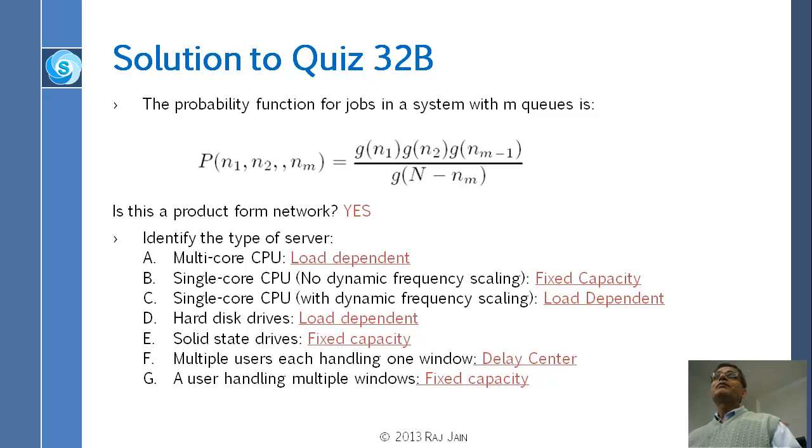As opposed to a single window system, where you are just doing one thing, then you finish something, then it goes to CPU, disk, and everything else. When it comes back, you are again thinking about the same thing and servicing it. So there's no queue at you. In the single window case,